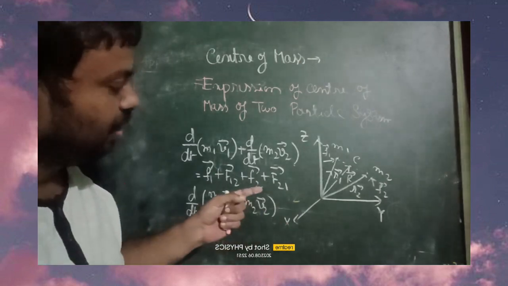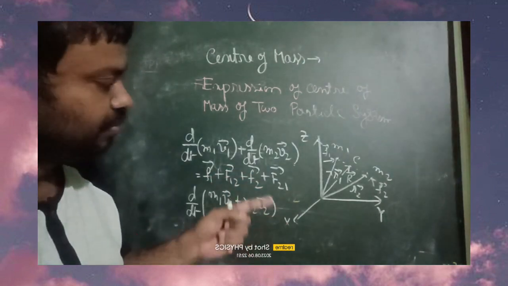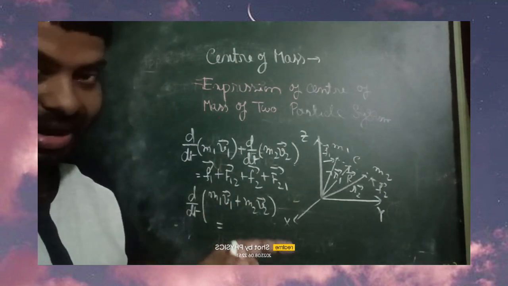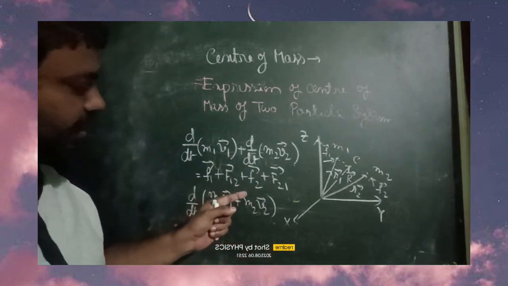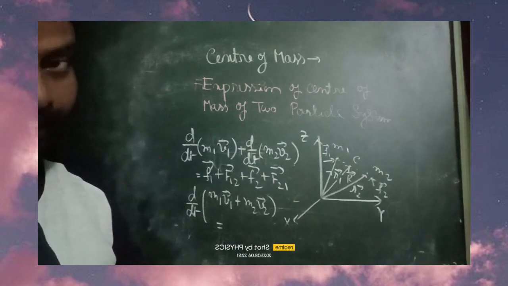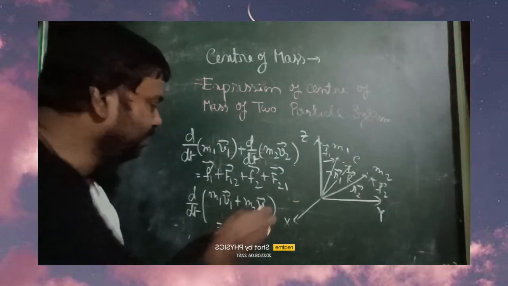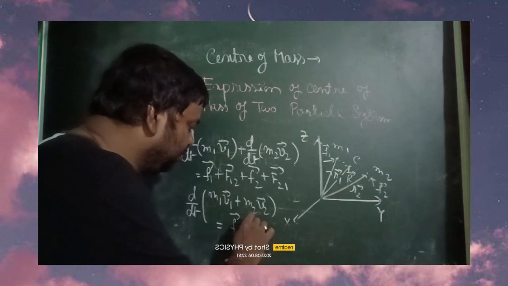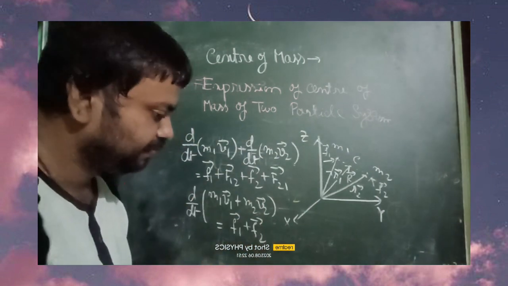Why? Where does it come from? It comes from Newton's third law of motion. In Newton's third law of motion, every action has an equal and opposite reaction. So F12 is equal to minus F21, so that will cancel out, and we have F1 vector plus F2 vector. Now